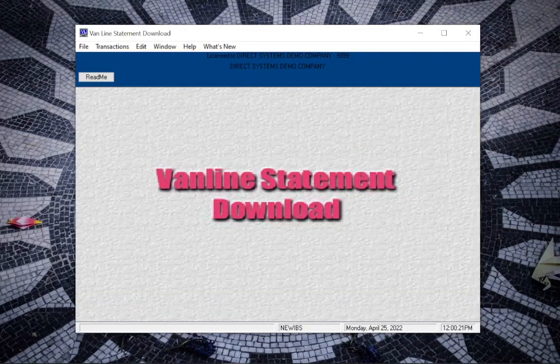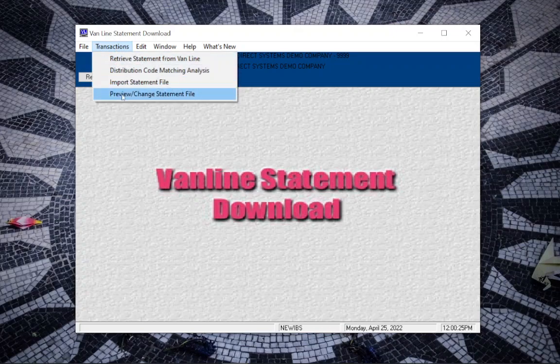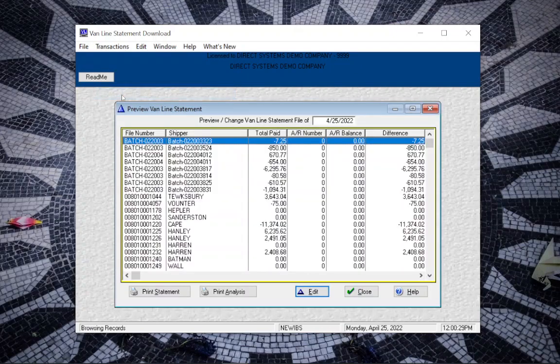Today we'll be going through the van line statement download fourth step. In Transactions, Preview Change Statement File. This section was covered briefly in the overview, but today we'll go a little bit more into depth because what